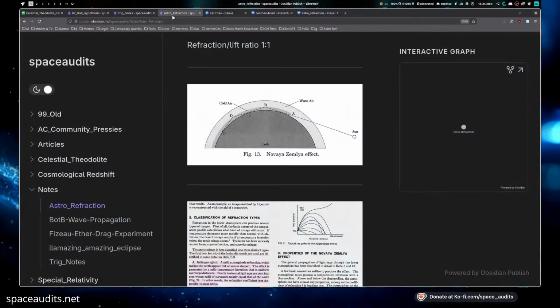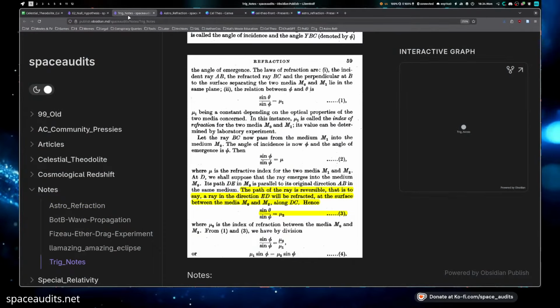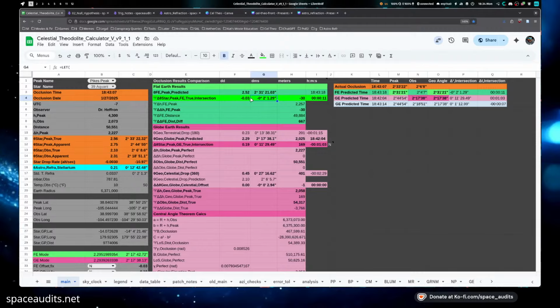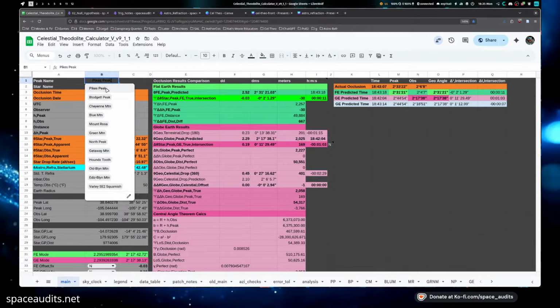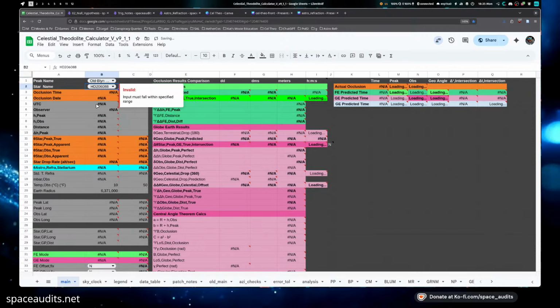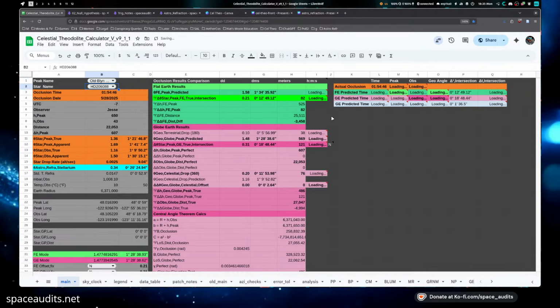We don't disagree that refraction is a real thing and it has effects, but it's not necessary for us to even consider it for our predictions, because how much we're off is pretty minimal in most cases where we're not at sea level. Now, the most extreme cases that we've seen are when the observer is at sea level and you're at a low angle like that.